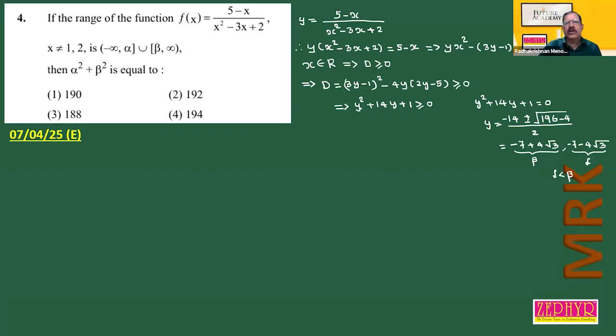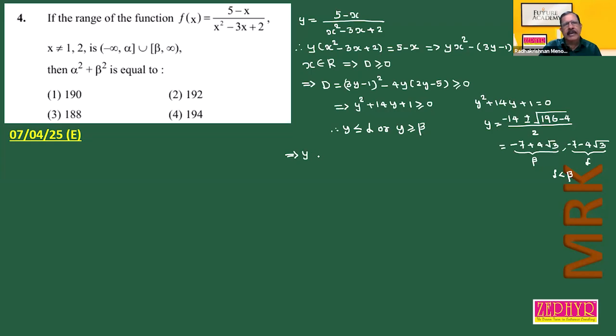So what about the solution of the given quadratic expression greater than or equal to 0? Therefore, y less than or equal to the smaller root, alpha, or y greater than or equal to beta, which implies